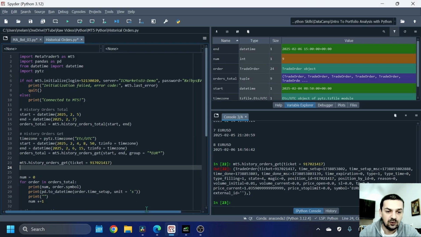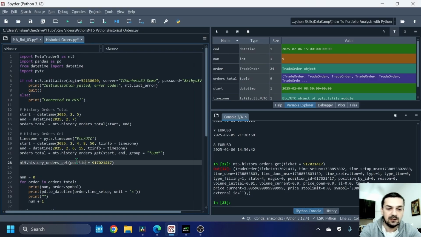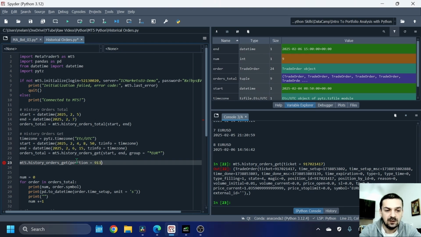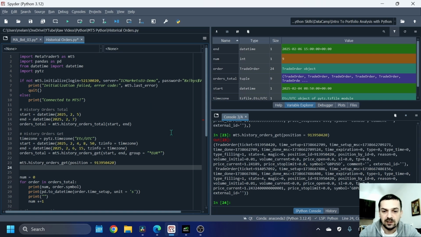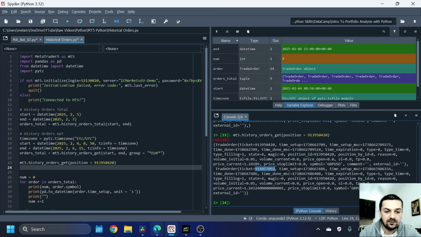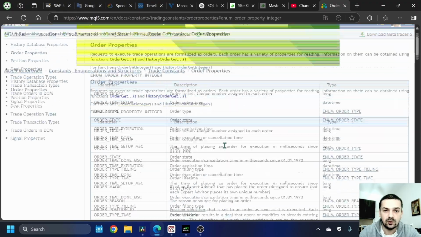And here, if I go back to Spyder, let me just change this number and this parameter name. So 913950421. Let me run this one, and you can see here that this is the ticket of the position, and you have another one which is something ending on 092, which is the order. I think this is enough for the positions, for orders, sorry,